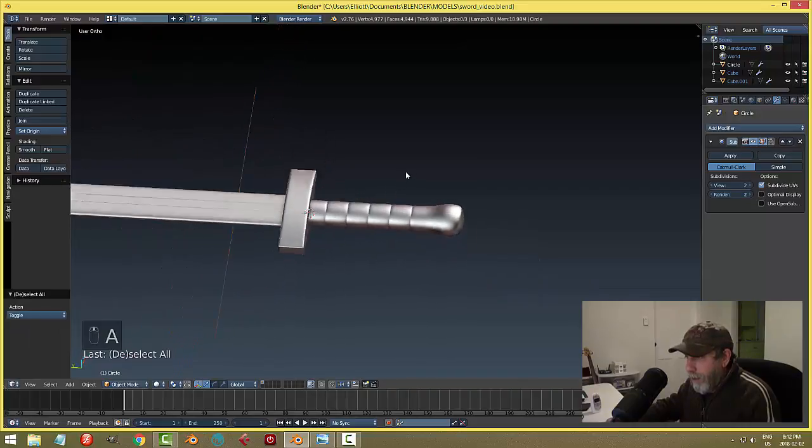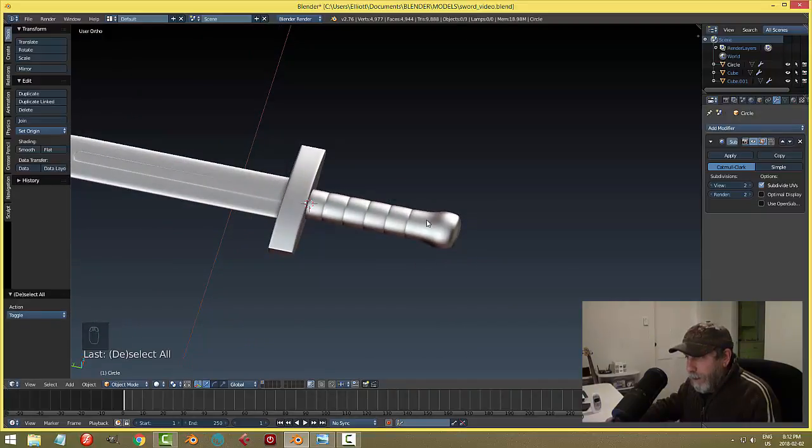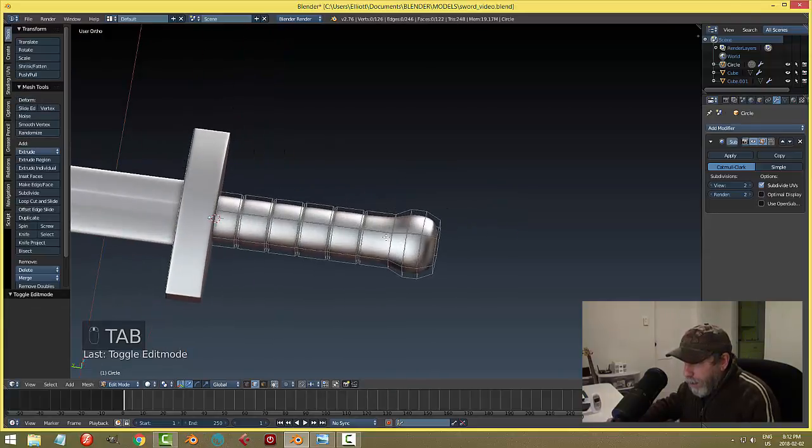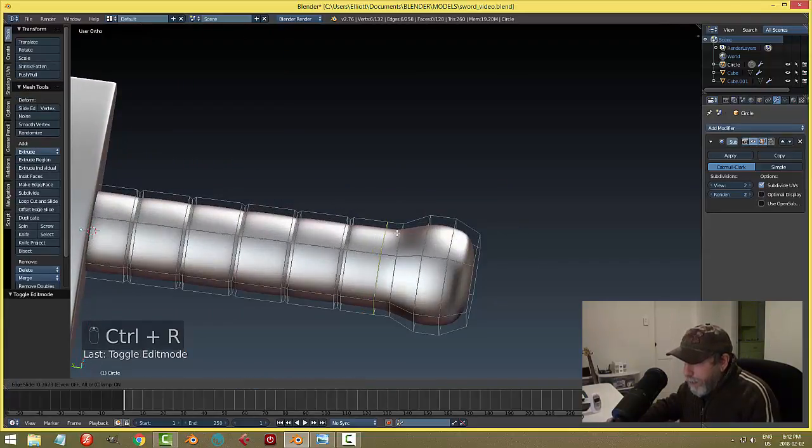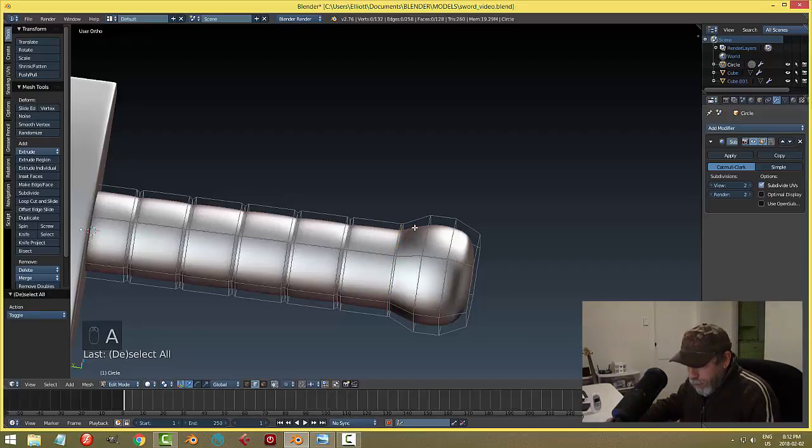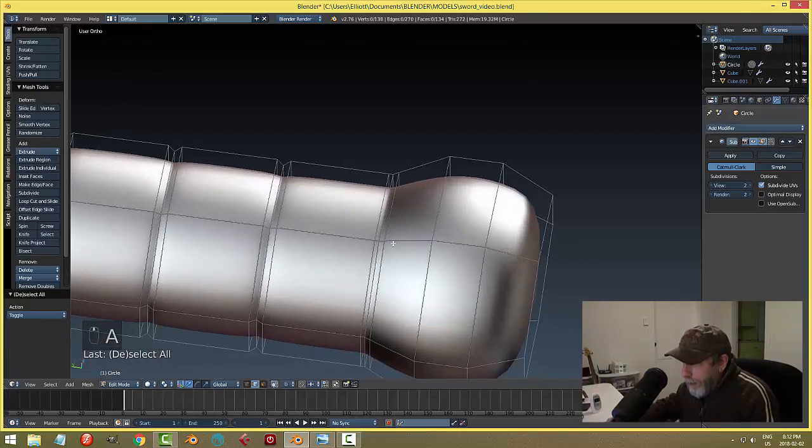Have a look at this. I'm kind of wishing I had an edge loop there. Well, we're going to do something about that. We're going to bring an edge loop in and slide it up to here. And I think I'll put one right here and slide it up to there. And I mean, you could